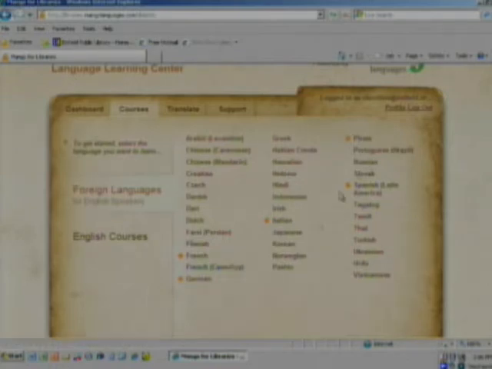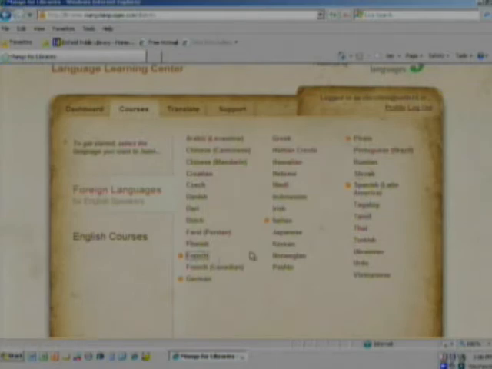So the languages are here. It's a very simple jumping off point into the language lessons themselves. You just simply choose your language that you're interested in. Within each language, there are 3 levels of learning. So we'll just click into French here so you can take a close look as to what the different levels are.